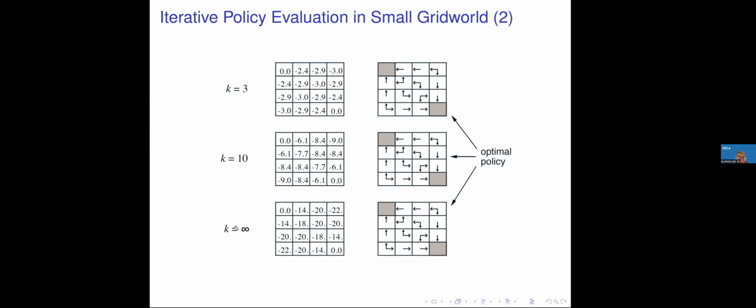And if we run infinitely many iterations, the value function will converge to this one. You can see values such as -14, -20, or -18. You can think of this as the number of steps the agent will take